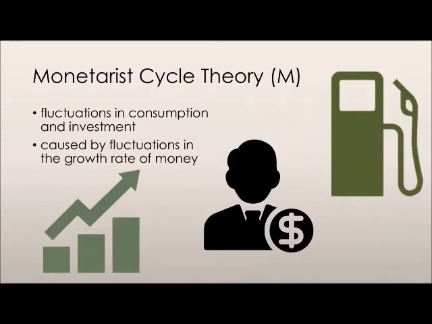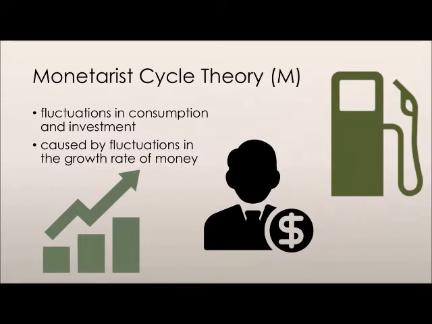Monetarist cycle theory, another mainstream business cycle theory, predicts that fluctuations in investment and consumption, which are driven by fluctuations in the growth rate of the quantity of money, are the main source of fluctuations in aggregate demand. The faster the growth rate of money, the more consumption and investment take place, and the quicker aggregate demand increases. The slower the growth rate of money, the slower the growth in consumption and investment, and thus the slower the